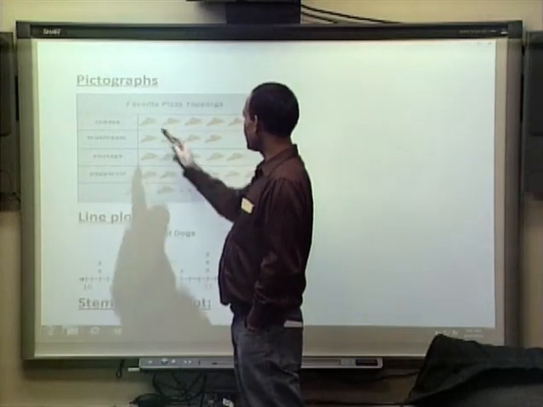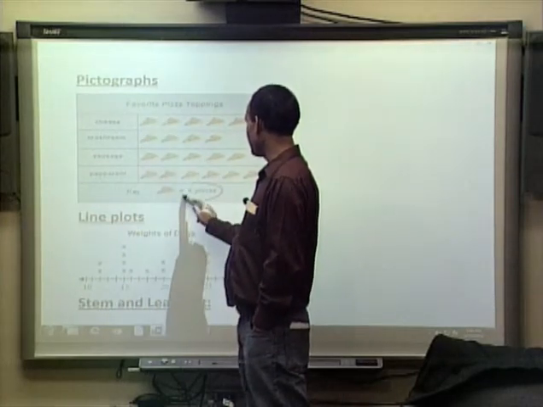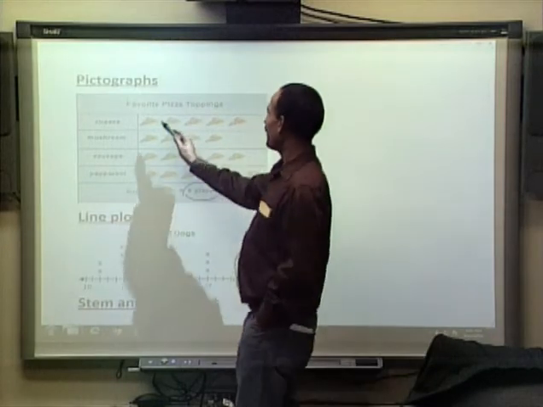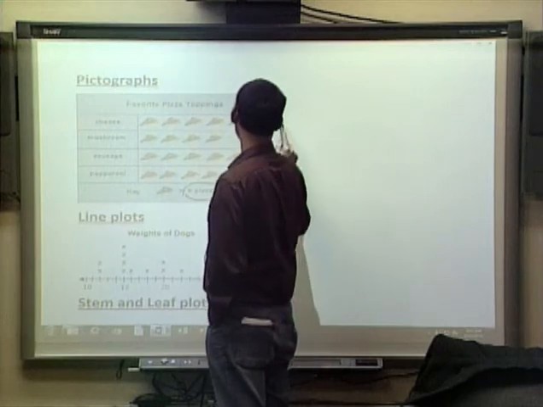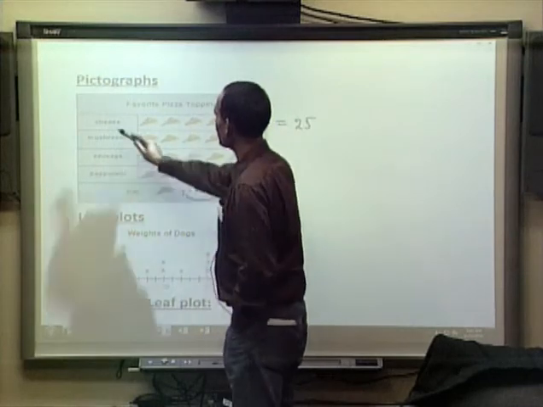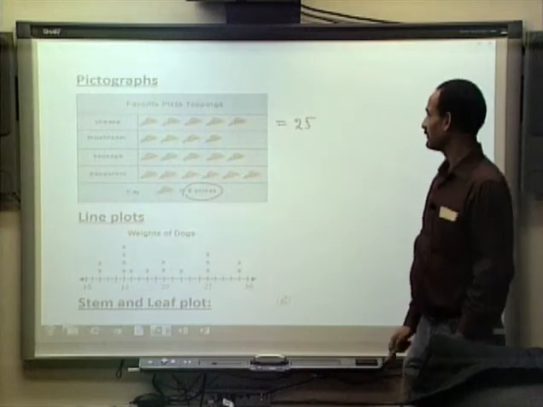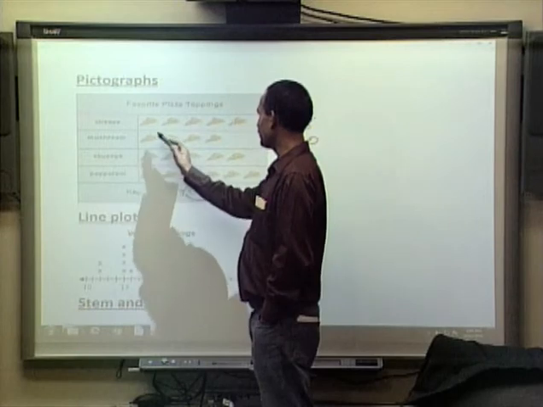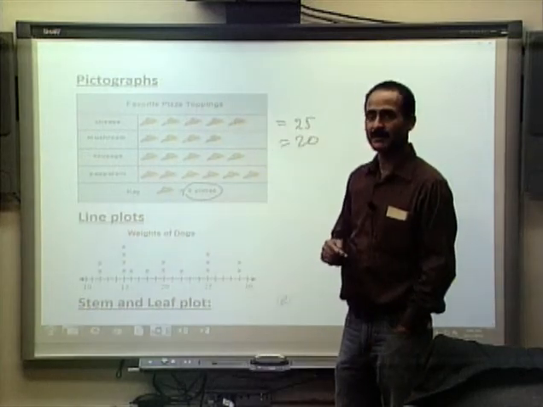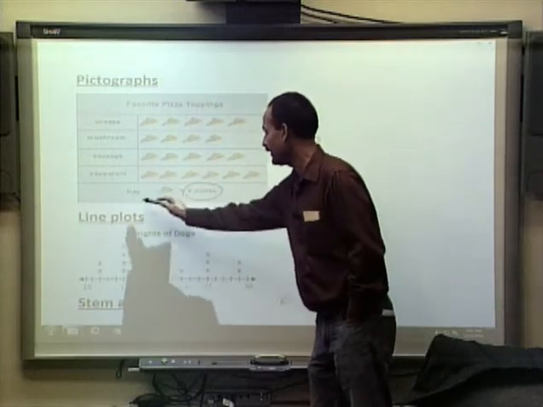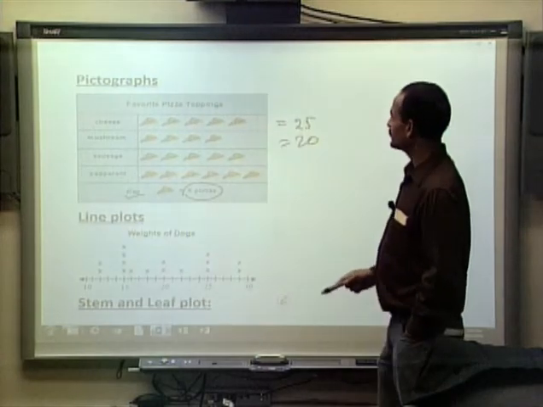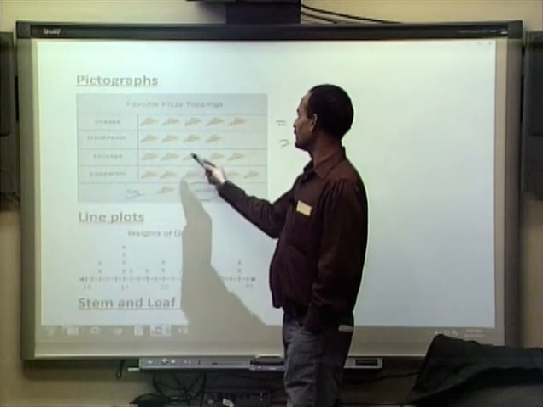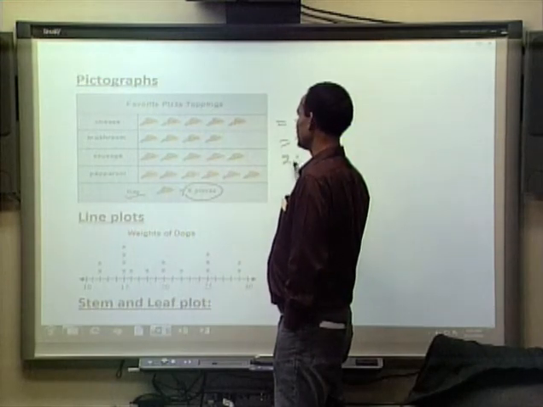What kind of pizza topping do you like the most? One pizza slice is representing here 5 people according to this pictograph. So there 5, 10, 15, 20, 25. So there are 25 people representing cheese pizza. Similarly, 20 people represents 1, 2, 3, 4. Each piece of pizza is representing 5 according to the key given to us. So there are 20 people liking mushroom topping, and 1, 2, 3, 4, 5, 25 liking sauces,